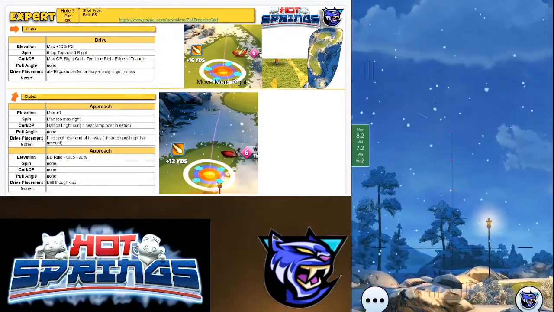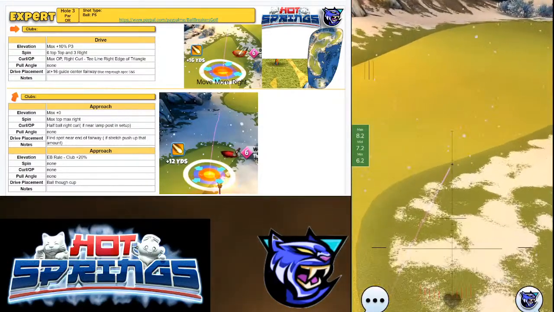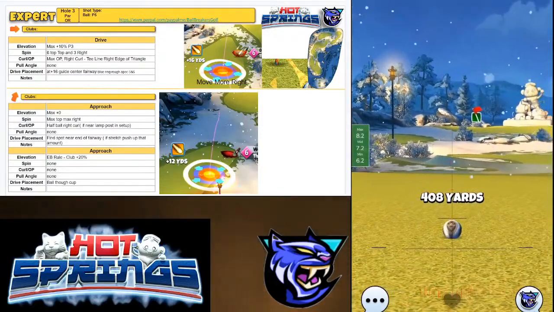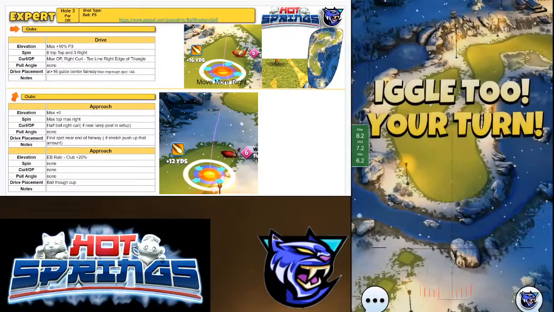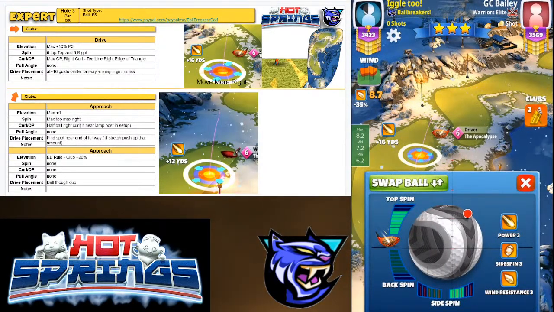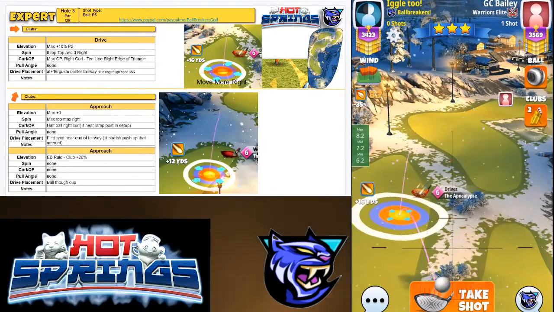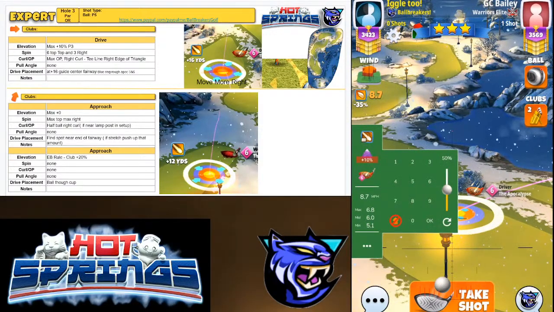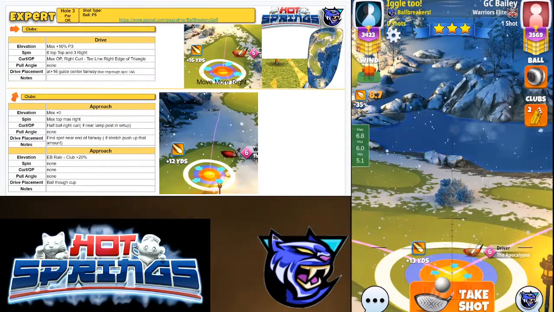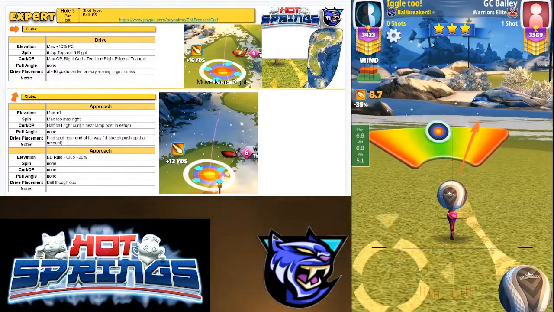It's a whole lot of curl. I don't see how that doesn't go in the rough, but it might. He got through it. Six top, 3 right. Or max top, 3 right. 6.7, it's going to be 6.8. Max overpower. Right curl to the edge of the